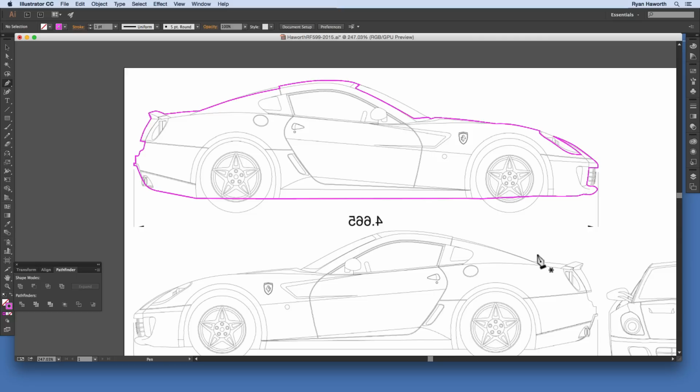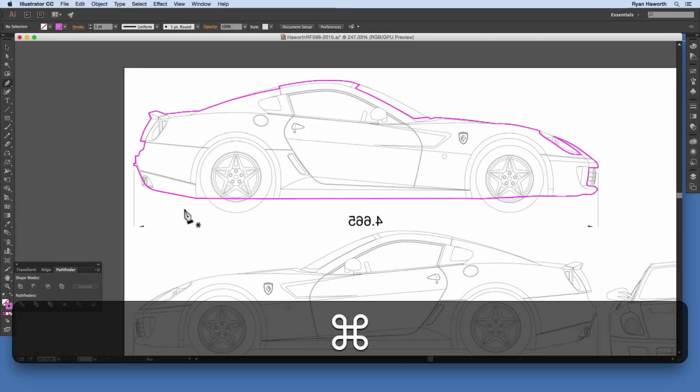What you need to do is, if you've been following along and you've got your outline just like I have here, what you'll want to do is continue to follow along, and I'll show you what we're going to do. We're going to use the Pathfinder tool, and that will help us to create a compound shape that has this outline but then has some pieces removed from it. And how we do that is, the first thing we'll do is we will select the outline, and you can just do that by holding down Command and clicking on the edge of the path,